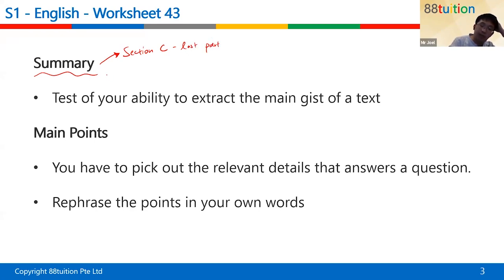Your summary writing takes up a huge amount of your marks. That's 15 marks right there. As you can imagine, your entire paper 2 is only 55 marks. So 15 out of the 55 marks will be given to your summary writing. You can imagine what a large portion it is of your total marks.